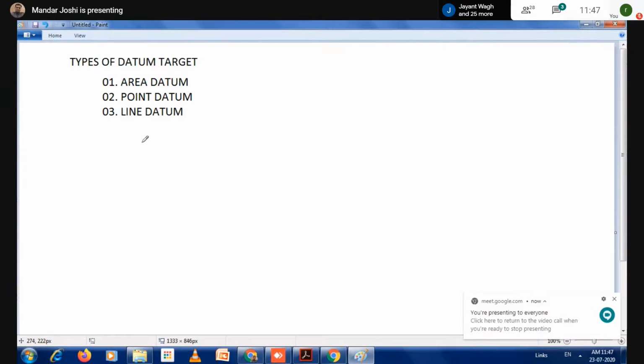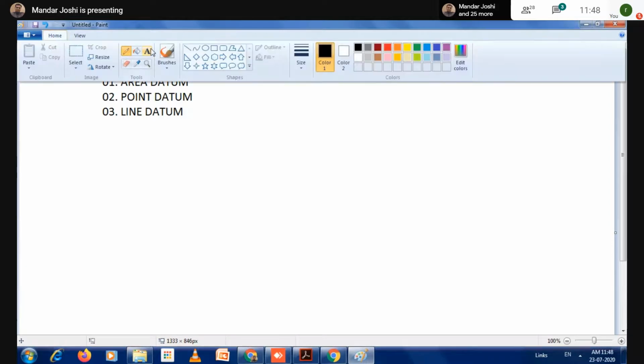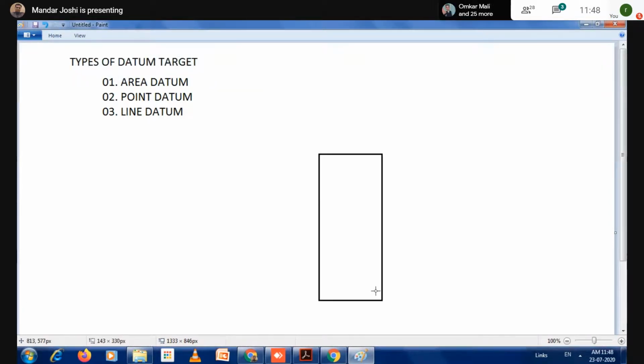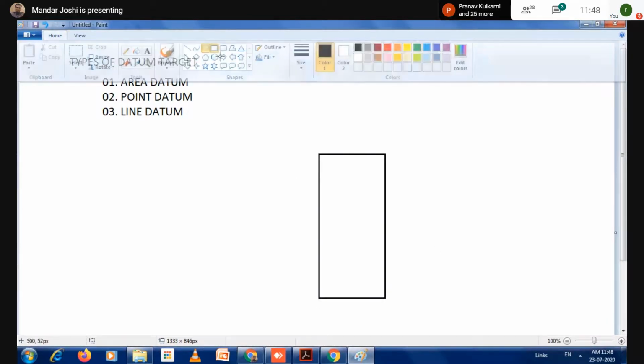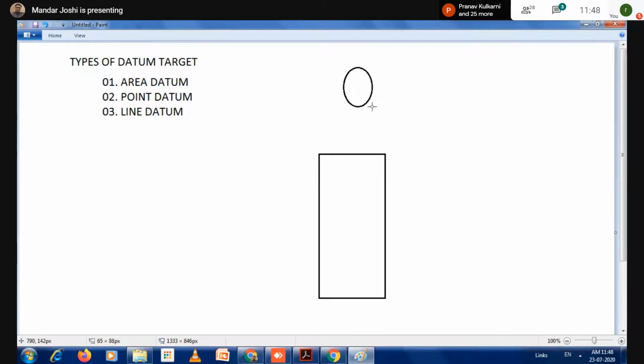Can you tell which datum we learned? Hello? Point datum. No, area datum. Not point. It is area because if we create any pin, the pin has a contacting region. Correct? This kind of pin has a circular shape in the top view.